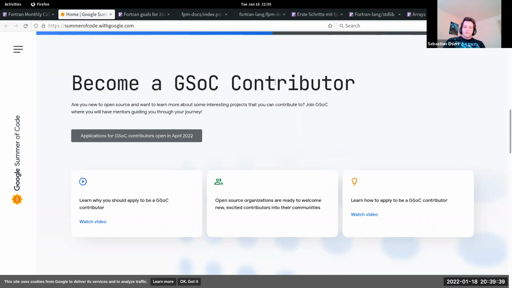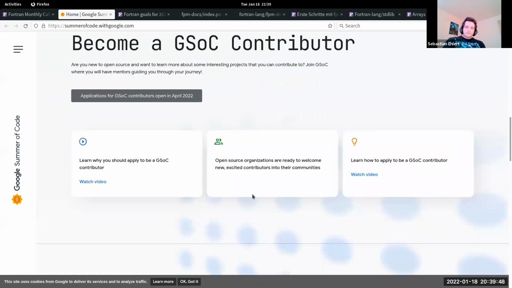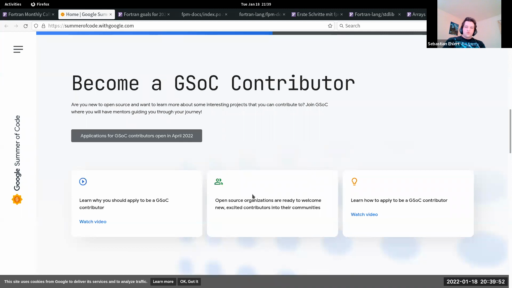Now everybody can become a contributor to GSoC, independently of their current status. And they also changed the program, so there are two kinds of extents you can apply for. There's a medium project and a large project.